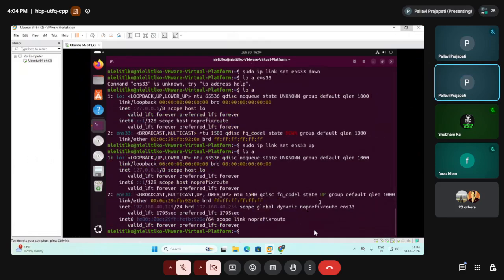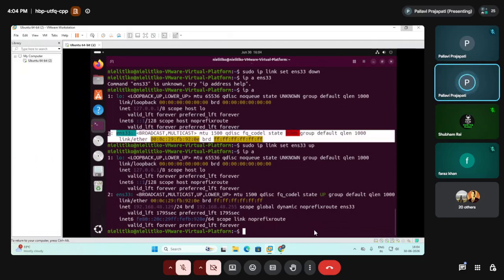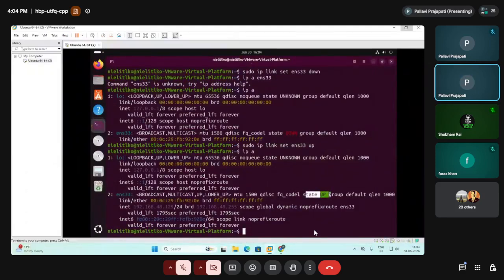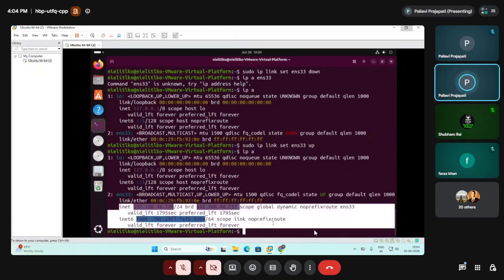See, now the state of this interface is up again. Earlier it was down, so it was not showing any IPv4 or IPv6 address. After the state has been up, that means it has been activated, we can see all the IP addresses.